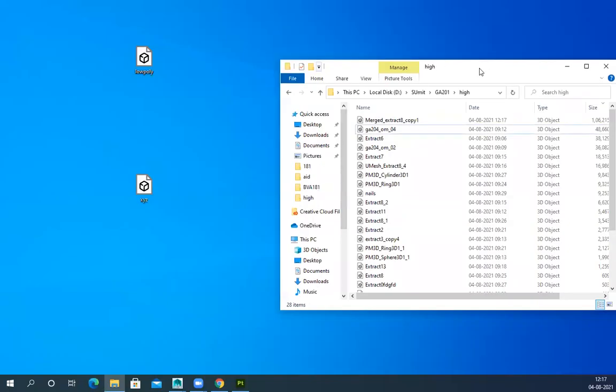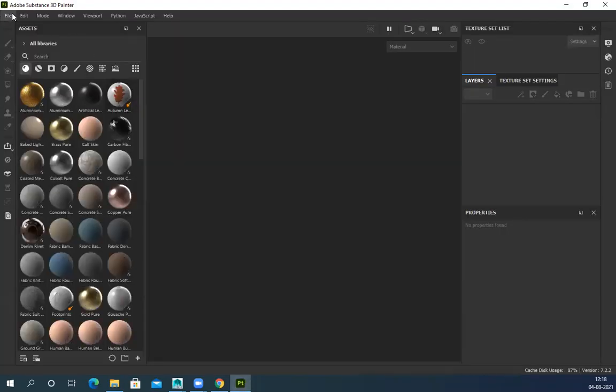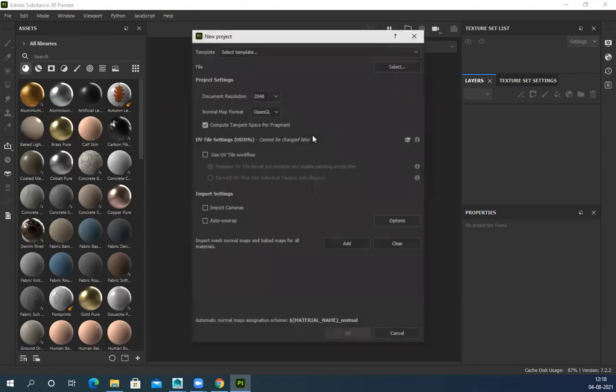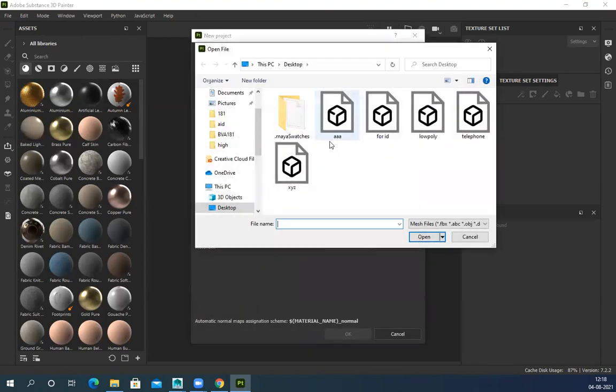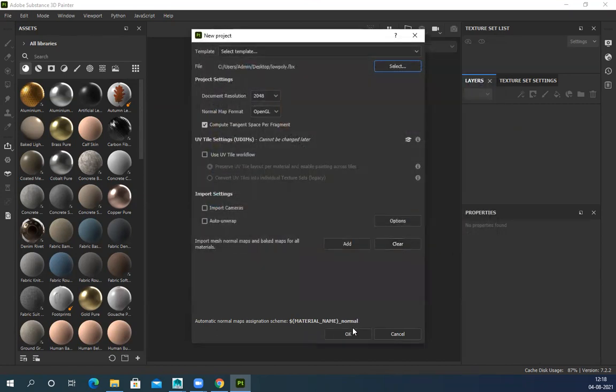Okay. Now my Substance is open. Select low poly.